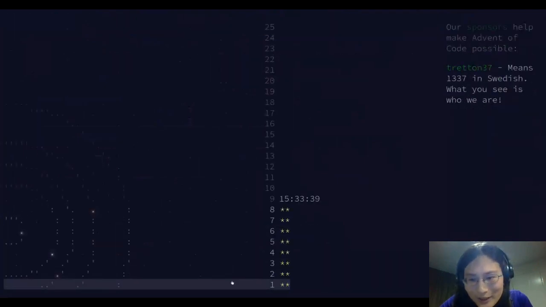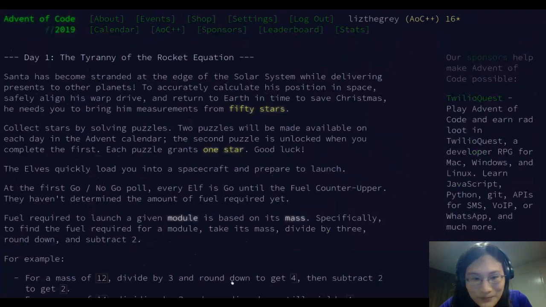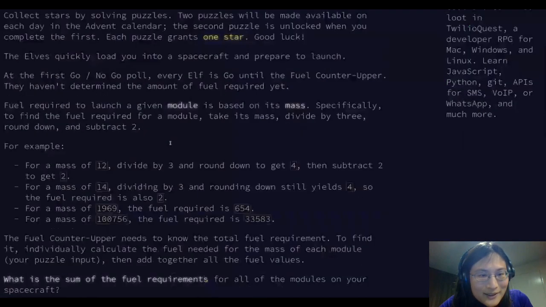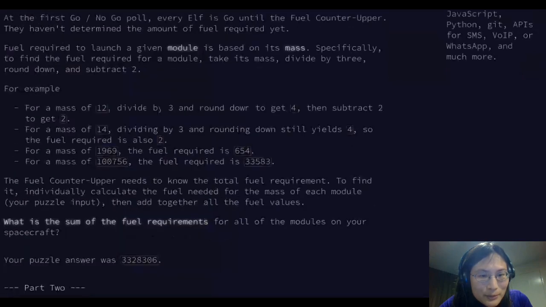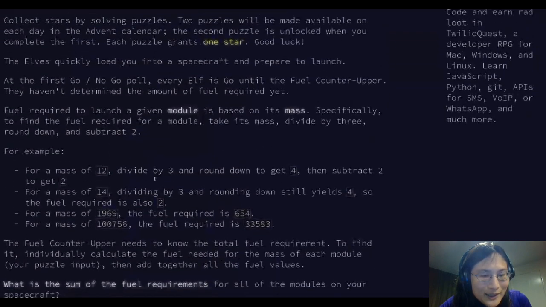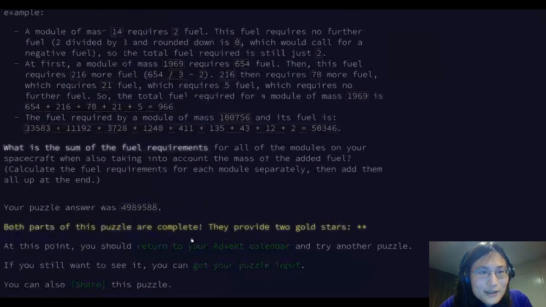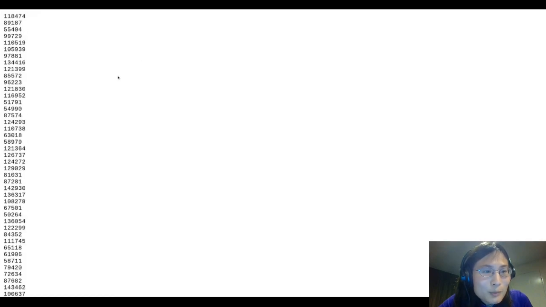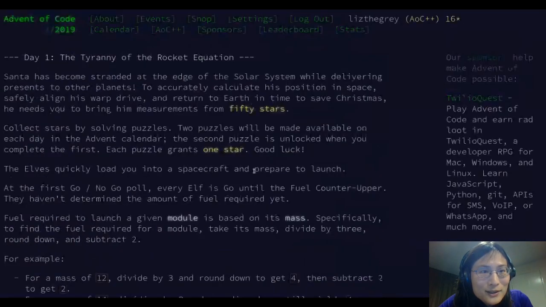So each puzzle, let's go back and look at day one real fast. In day one, we had to compute various numbers and add them together, which is fairly simple stuff, but it winds up getting more and more complicated as you go. So that is what Advent of Code is. You can complete it in any language. The beginning parts of it are suitable for beginners. As you go, it gets a little bit more challenging. But it is good, jolly fun, and I've liked doing it.